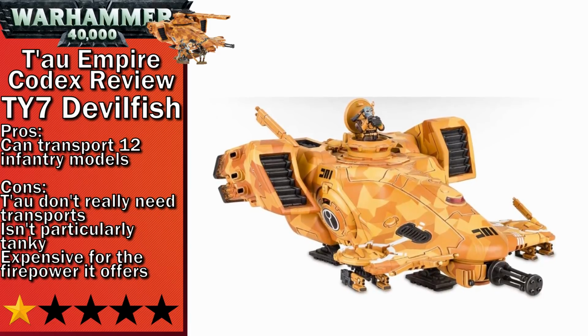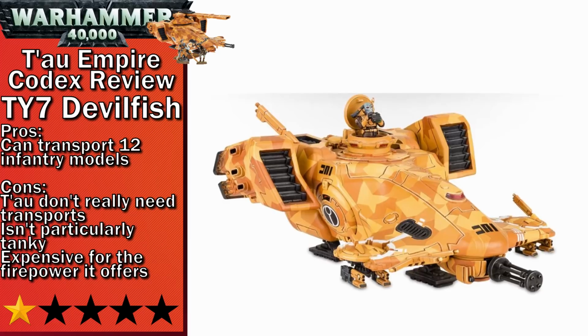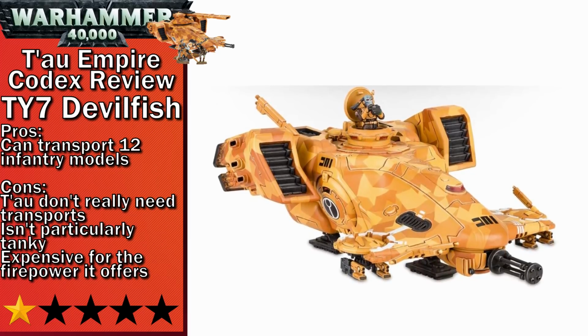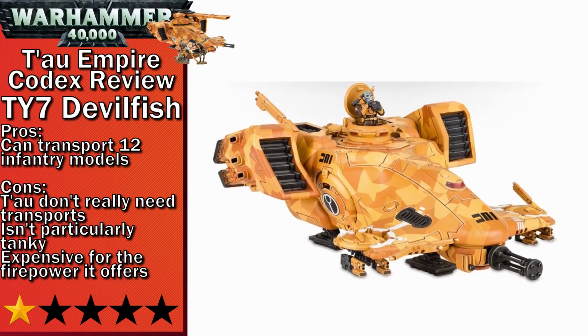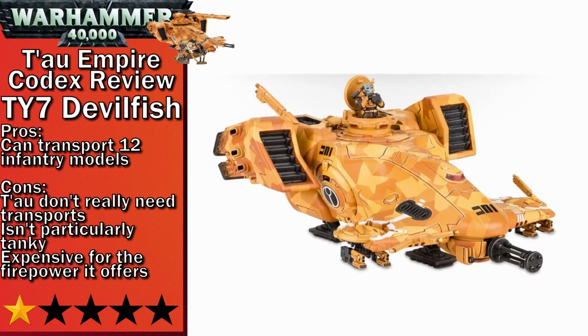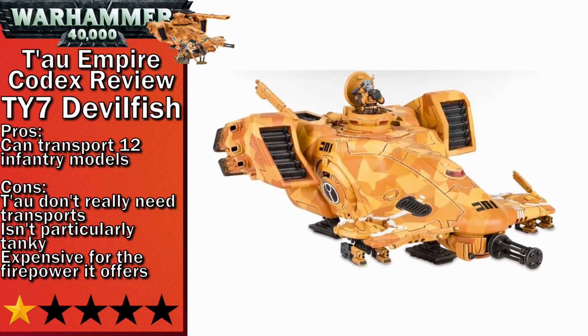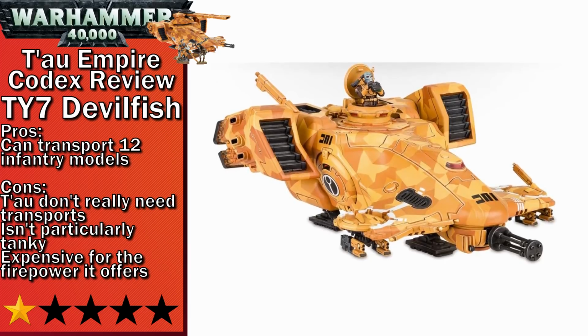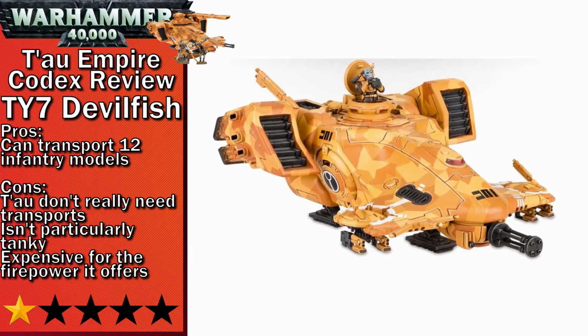You could bring breacher teams close to the front line, but I think you're better off either using breacher teams to wait for your opponent to come to you, or bringing enough numbers and advancing up the board. By taking the Devilfish, you are basically losing a full squad of fire warriors for a bit of safety on the unit you're taking up the board. Not to mention that at toughness 7 and with only a 3-up save, most anti-tank weapons are going to go through this thing,